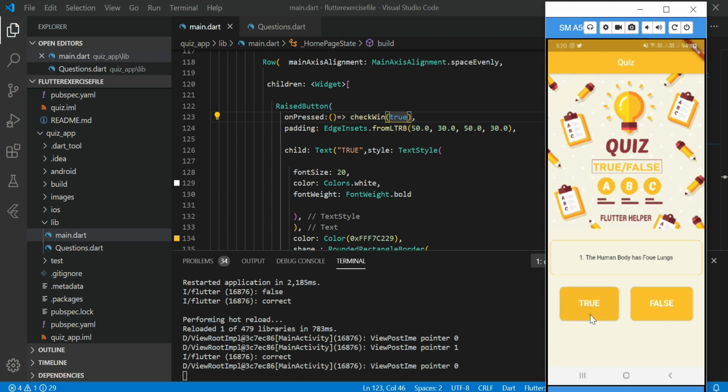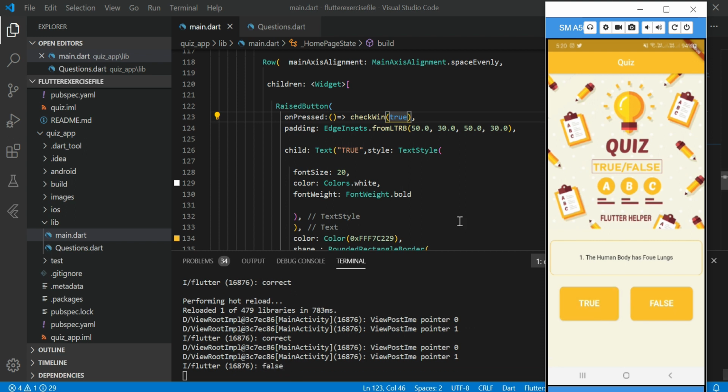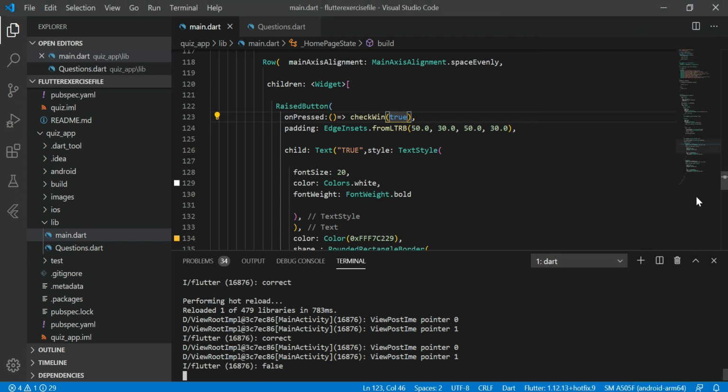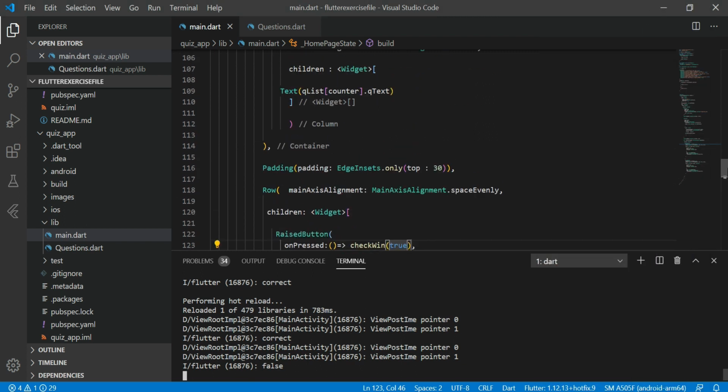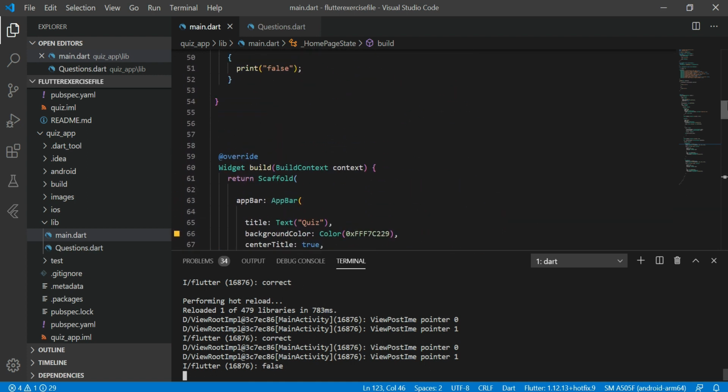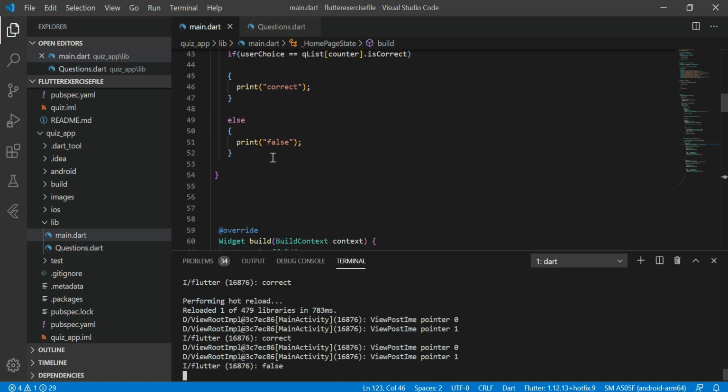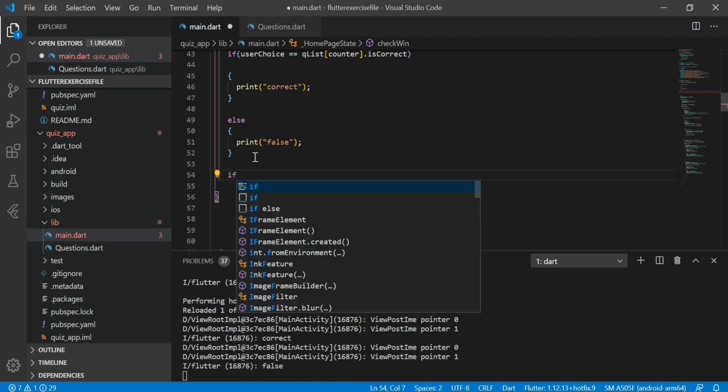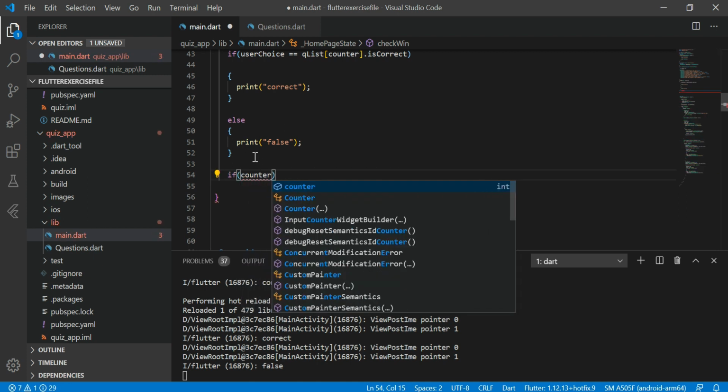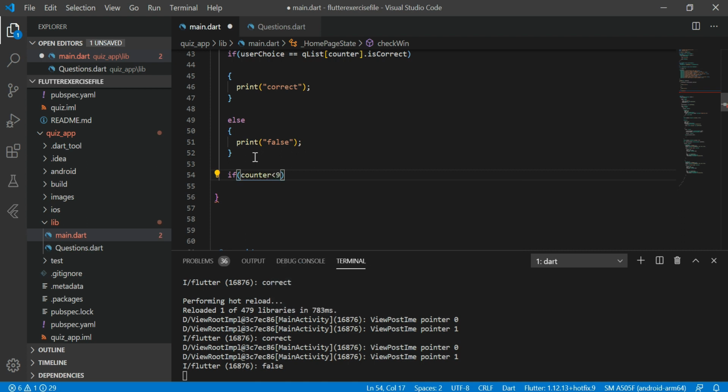Now let's see another question. To provide the next question, we need to add counter here, like qList counter dot qText. Now to make this functionality happen, that is, when we tap, the next question appears, we need to use if else statements for this counter, and counter starts from 0 to 9.